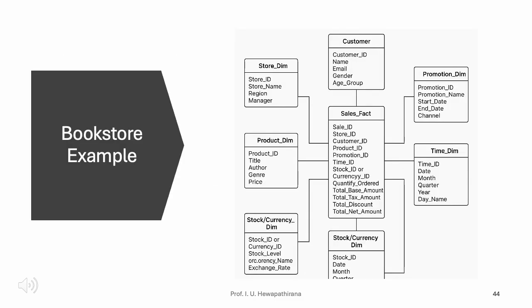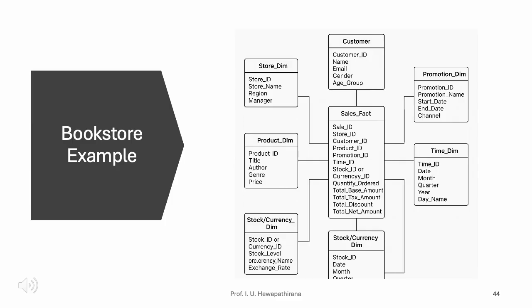The diagram on this slide illustrates the star schema we have constructed for the bookstore. The central sales fact table is connected to dimension tables for store, customer, product, promotion, time, and stock or currency. This visual representation makes the relational architecture clear. In practice, understanding this design logic enables BI professionals to build systems that are not only analytically powerful but also